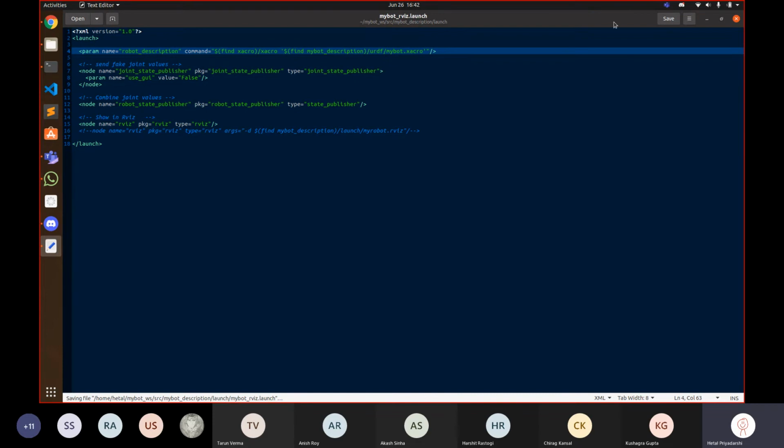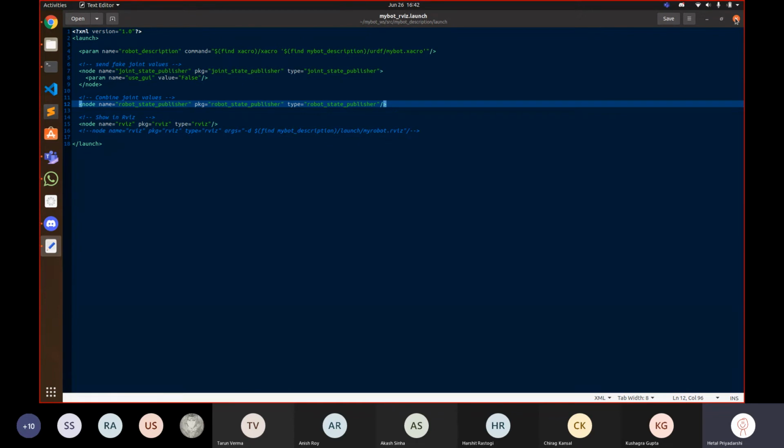Secondly, there's something called robot state publisher, and what it does is publish TF commands. You'll get to know what that is later. So whenever you see state publisher, you have to make it robot state publisher. In the 12th line, not joint, joint will be the same, but robot will be changed. Robot state publisher. If you don't do this, most of your code in Noetic will give you an error. So you have to do this pretty much everywhere.